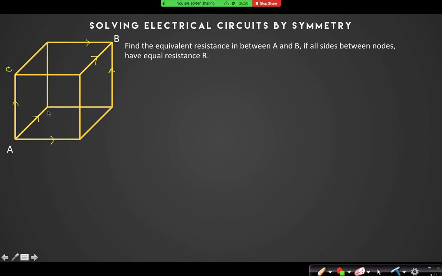If I say this point is C, I can mark this C, I can also mark that C. Yes or no? And if I can mark this D, I can also mark this D, I can also mark this D. Now I have actually marked all the 8 corners. Now I will only write down the resistances between them. Between A and C, how many resistors are there?